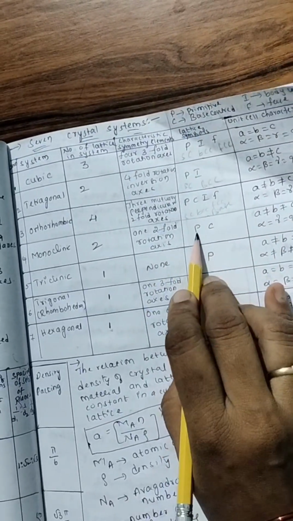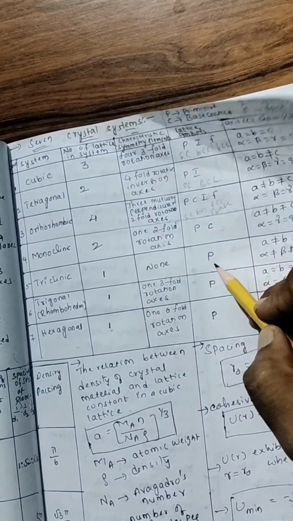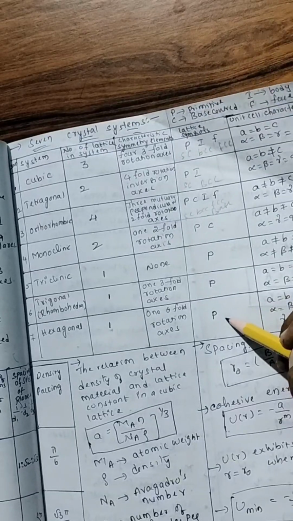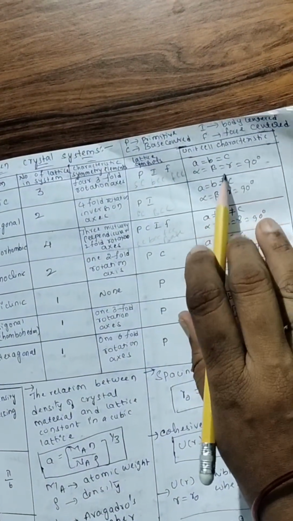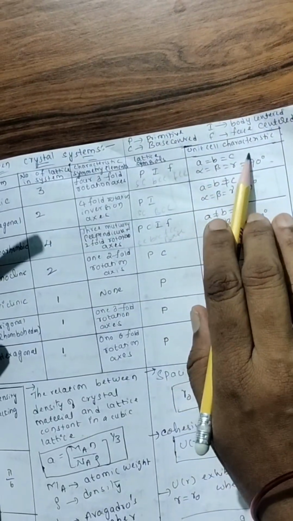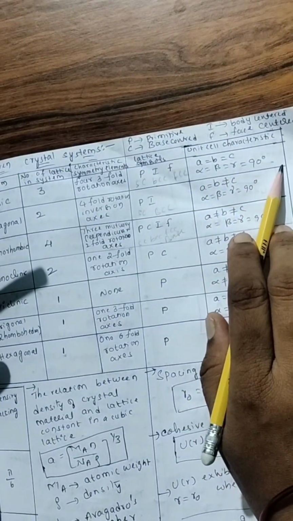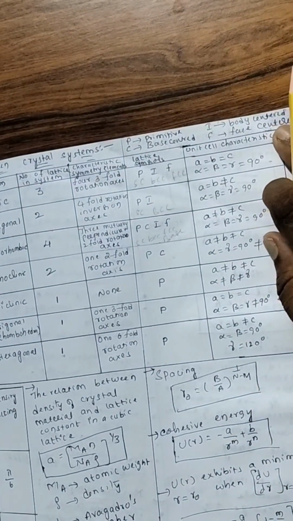Now here, monoclinic: simple cube and base centered. Triclinic: simple cube. Tetragonal: simple cube. Hexagonal: simple cube. Now the unit characteristics. Now only we read cubic: A equal to B equal to C, alpha equal to beta equal to gamma equal to 90. In a similar manner, now only we completed. Now next,